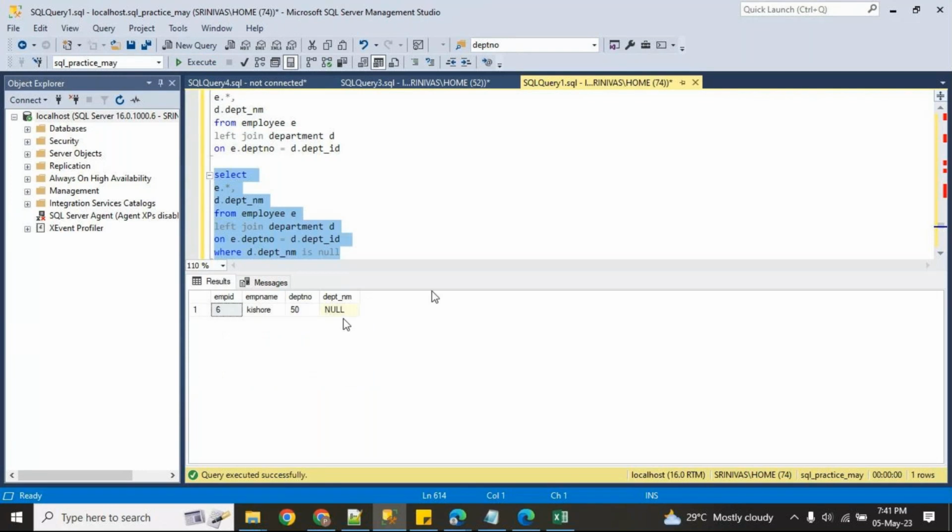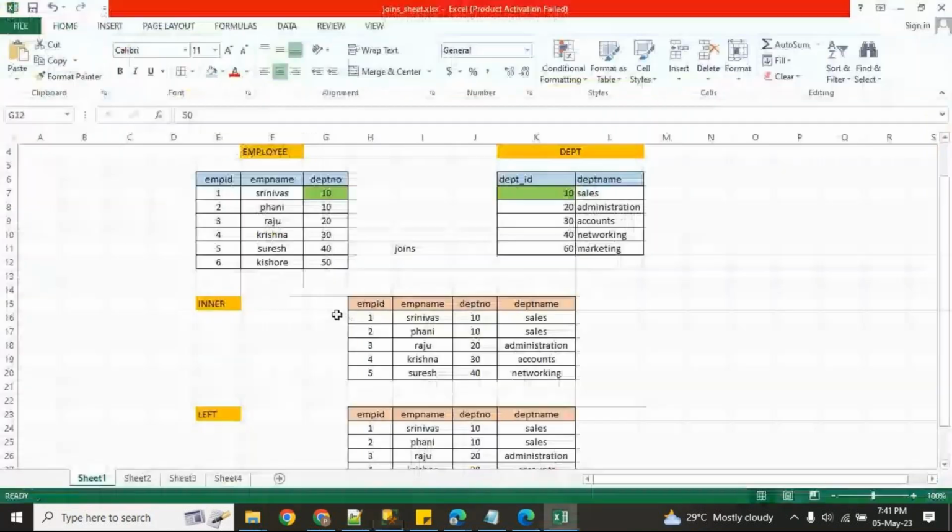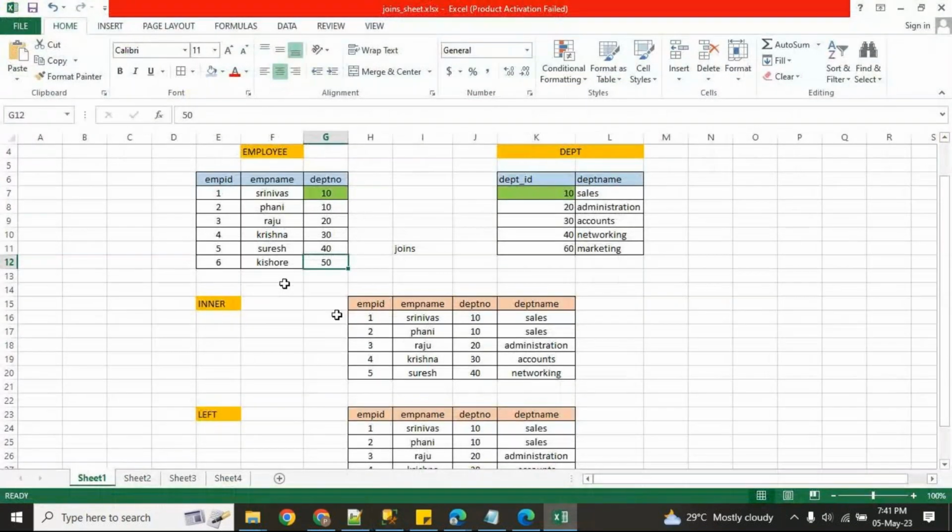Okay. Now what I can say is, this record does not match with any department. So here I can say these are employees who do not belong to any of the departments. This is the way.